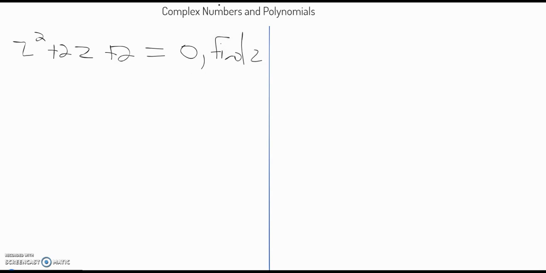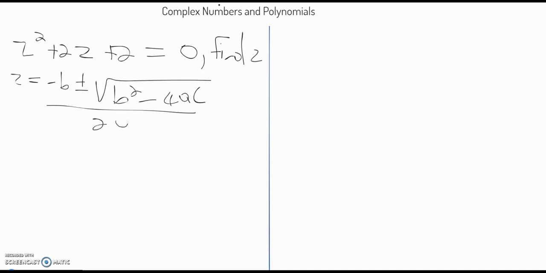Alright, the first thing we'd naturally attempt to do is to factorize this quadratic equation. But as it is, it can't be factorized, so we're going to have to use the quadratic formula. The quadratic formula says that z is equal to negative b plus or minus the square root of b squared minus 4ac all over 2a. So z would be equal to, my b value is 2, so that's negative 2 plus